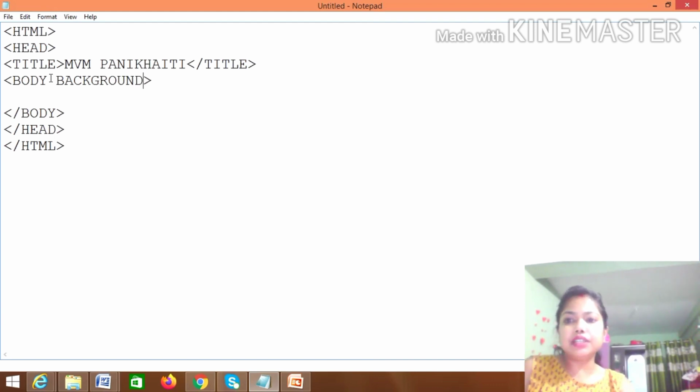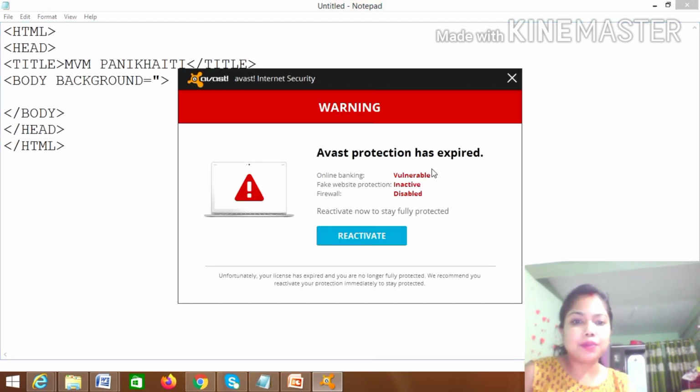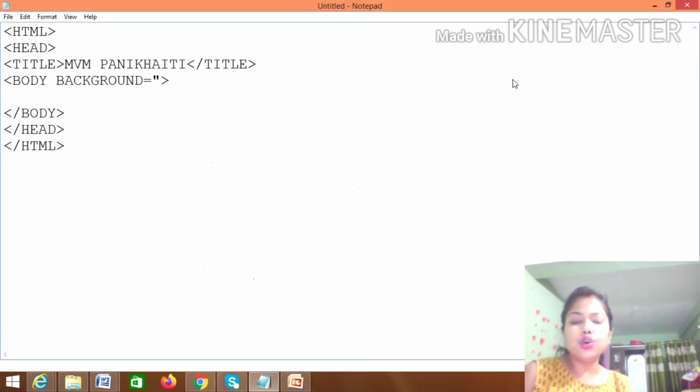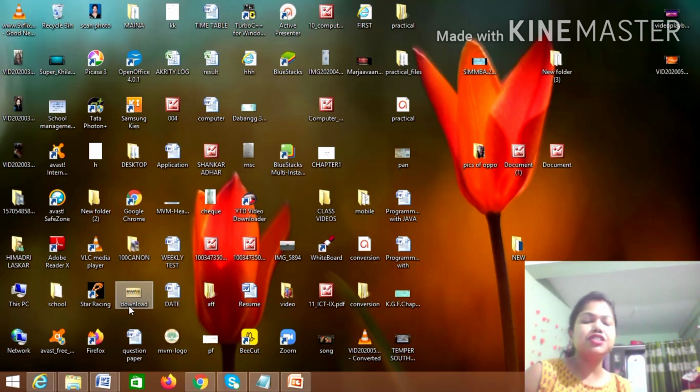Then we will give an equal sign, then we will give double inverted commas. Students, look at this one very properly. The picture we want to give as a background picture needs to be saved in our computer. So first of all we have to go and search for the picture I want to give. I'll go here, I'll come down, and my picture is here on the desktop itself. You can select any picture; if it is saved in the D drive, you go to the D drive to find it. If it is in the C drive, go and find it there, but it should be downloaded and saved in your computer.